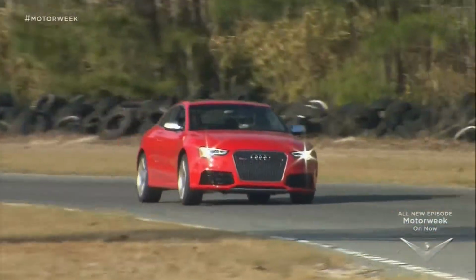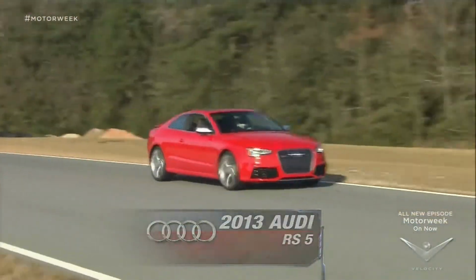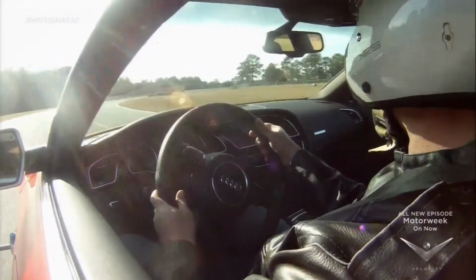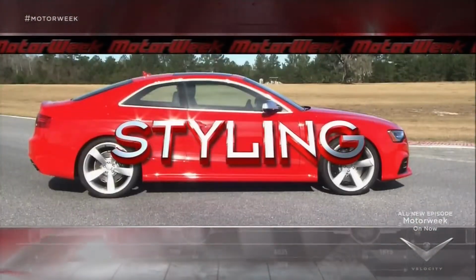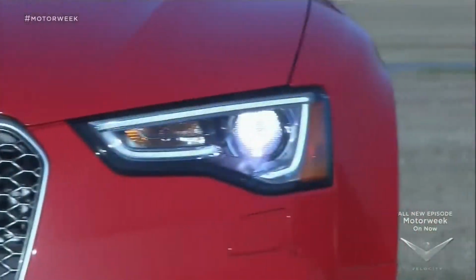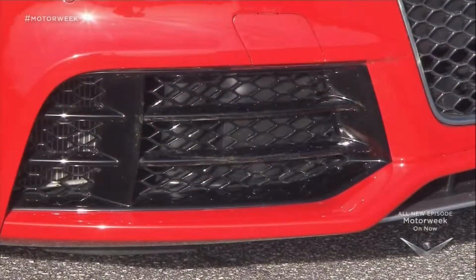Let the comparisons begin as the 2013 Audi RS5 jumps headfirst into the sports coupe fray, where the likes of the BMW M3 and the Cadillac CTS-V ply their trade. Well, in order to compete with the best, you've got to look your best. And the RS5's exterior mods may not jump out at you at first, but they are many and they are